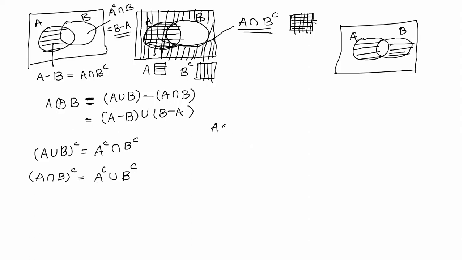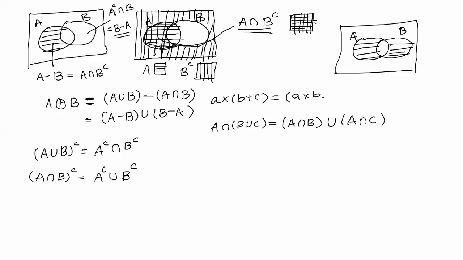So I would like to say A intersection B union C is equal to A intersection B united with A intersection C. This is distributive. We say that intersection is distributive over union. So as good as you can say that already we know A multiplied by B plus C is A into B plus A into C. So it is exactly alike. So in mathematics we know that multiplication is distributive over addition.